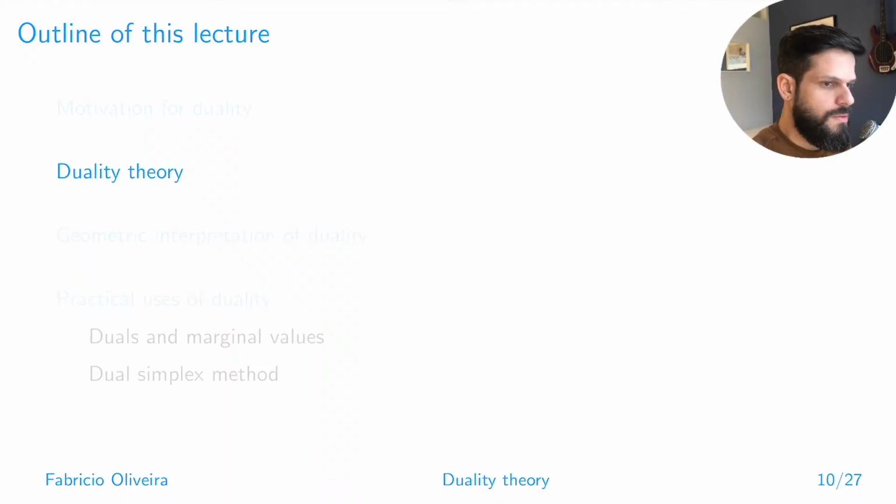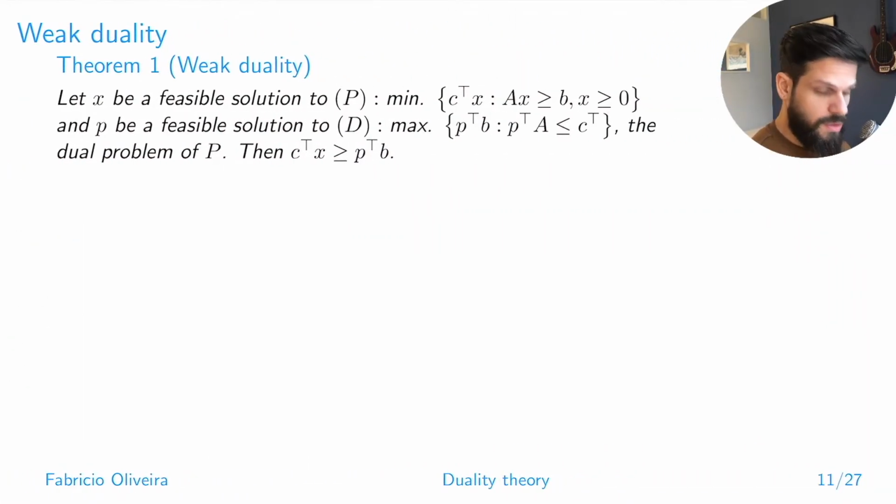Right. So let's look into the theoretical results associated with duality that guarantee that we can use duality as a framework to find solutions for our primal problems. There are basically two main results. The first one is what is called weak duality. Weak duality states that duals can be used as a bound for your primal